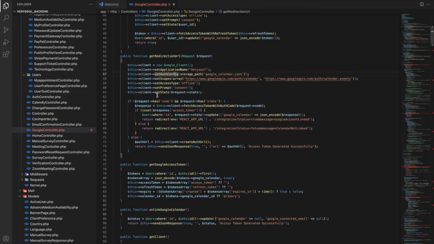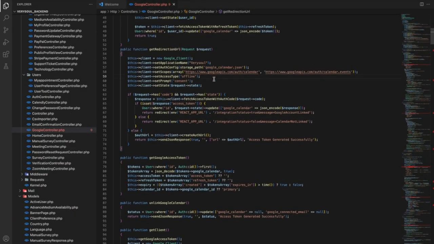For example, if you are using core PHP, you can create a separate folder to download that file. And if you are using Laravel or something like that, then I have added that in the storage path. So after receiving that, the key would be something like this,